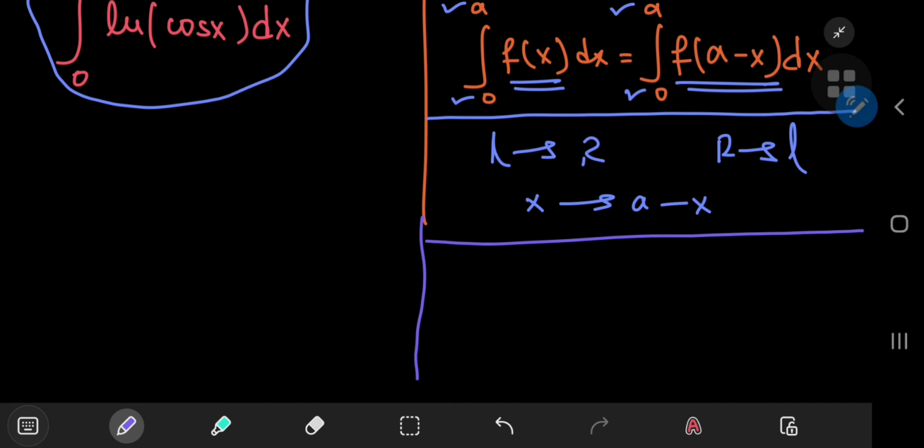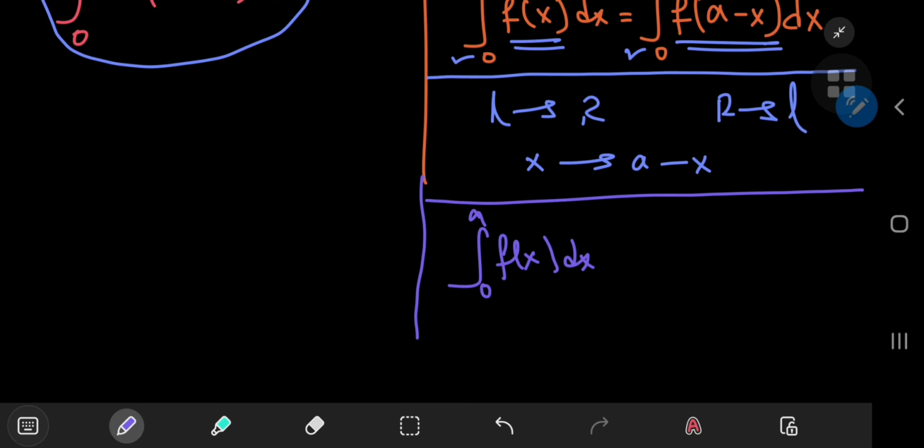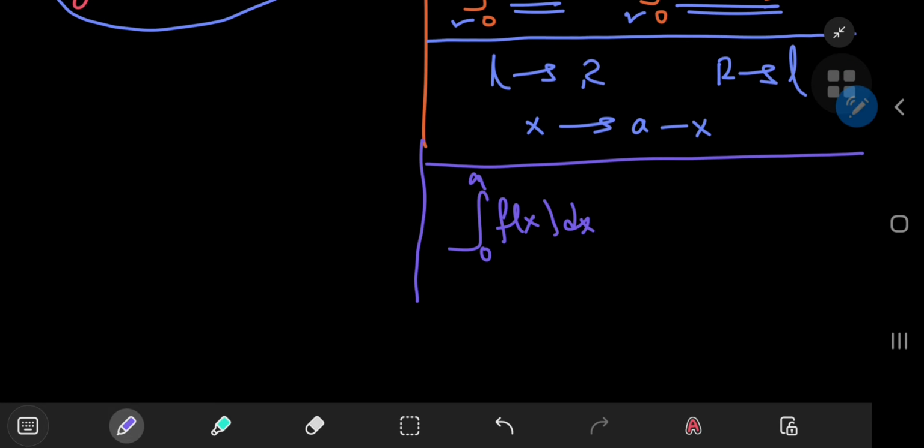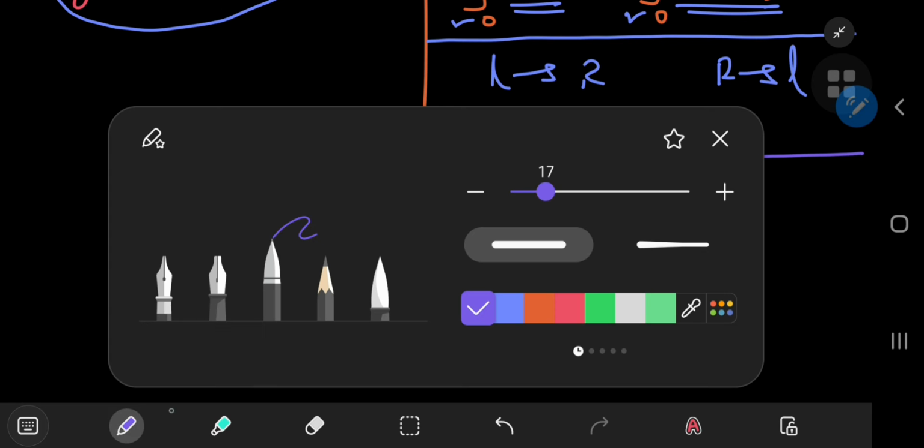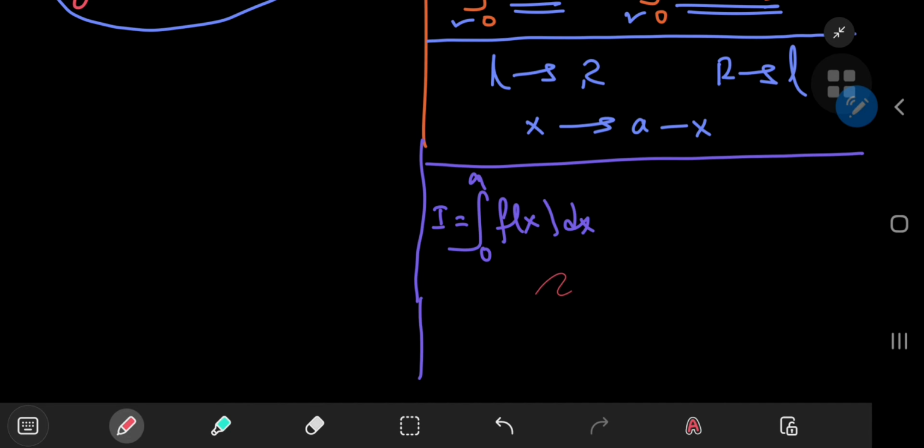So for that, if you're integrating from 0 to a, some function f of x with respect to x, now I'll leave it to you at the end of the proof to generalize this to integrals from a to b, where a and b are any two real numbers. So if you're integrating from 0 to a, some function f of x, and let's call this integral I, and let's perform a substitution where we let x equal a minus some other variable t, which of course implies that